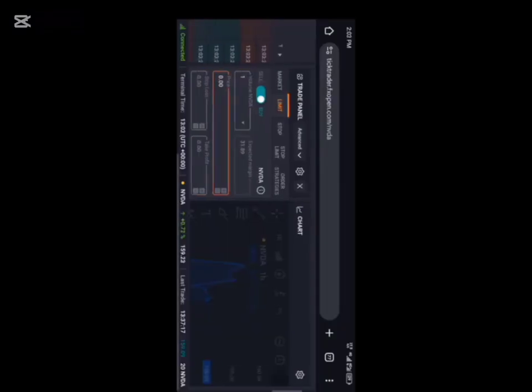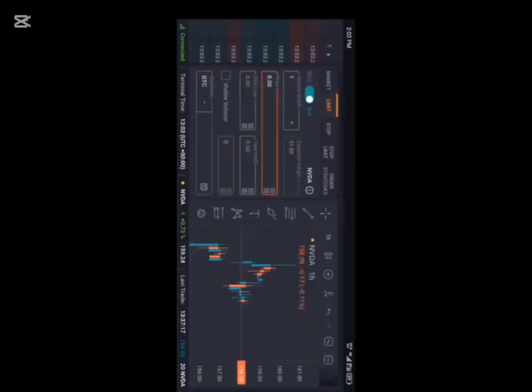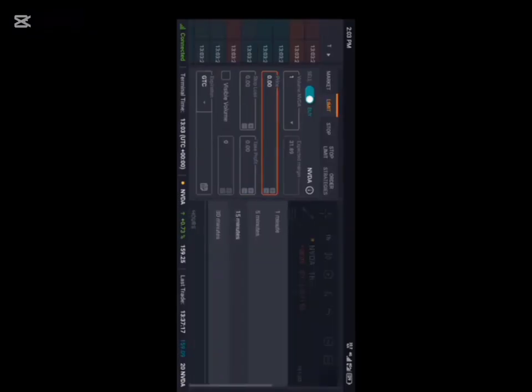As you can see on our screen, this is the platform that you're going to be using to trade, and this is the market. This is where you're going to be analyzing the market, placing your orders, and making your analysis in short.